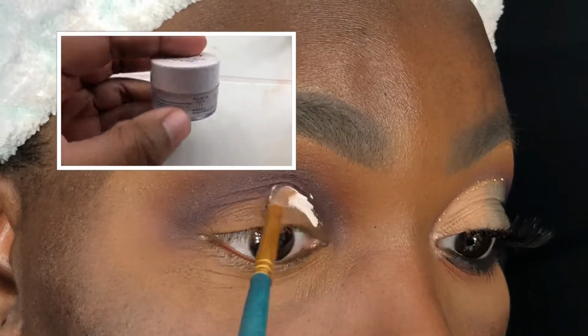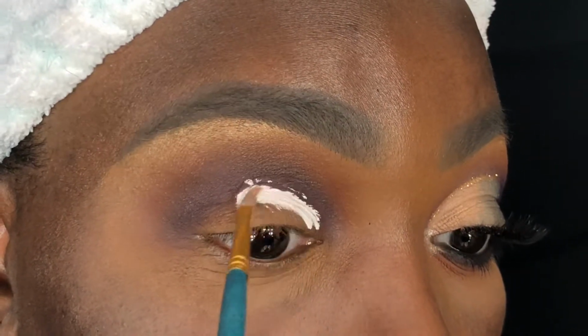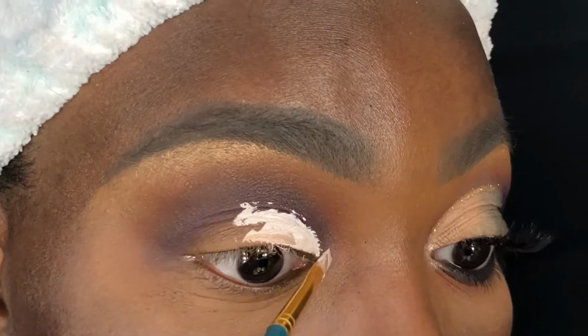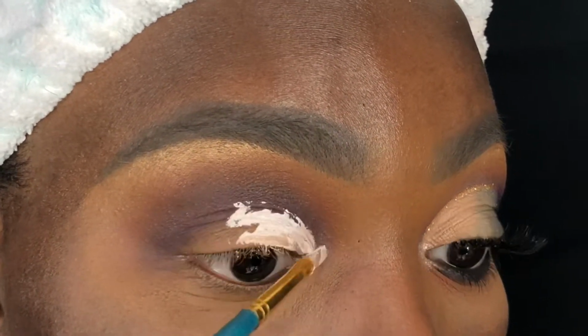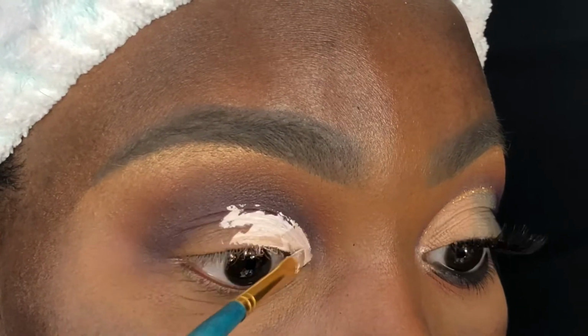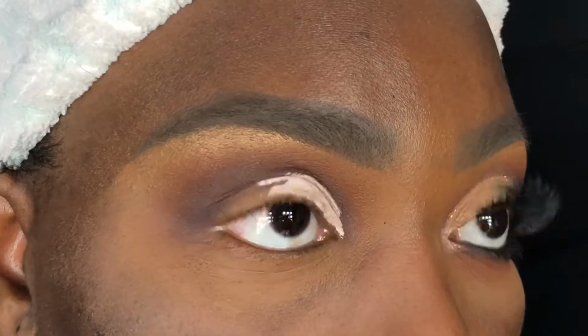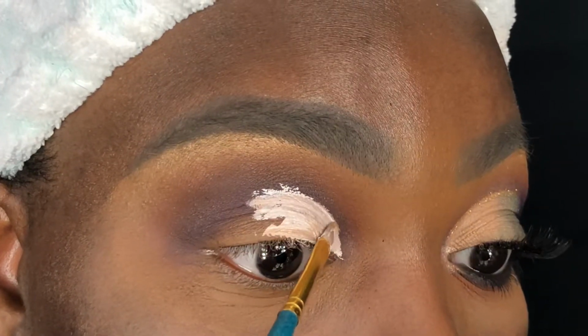To cut my lid, I'm using my Royal and Langnickel No. 4 brush, and I'm using the NYX white eyeshadow base to do so. Now, I use this base, realistically, just because I don't like wasting product. It is a good base because I like the creaminess of it, but realistically, it does crack after a while, so